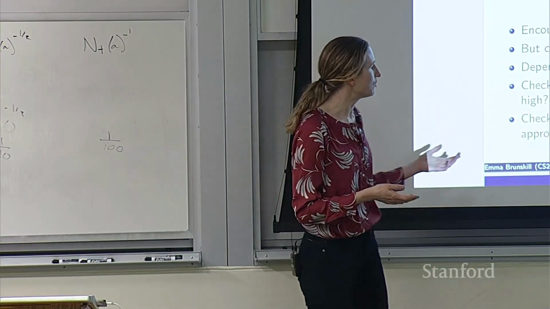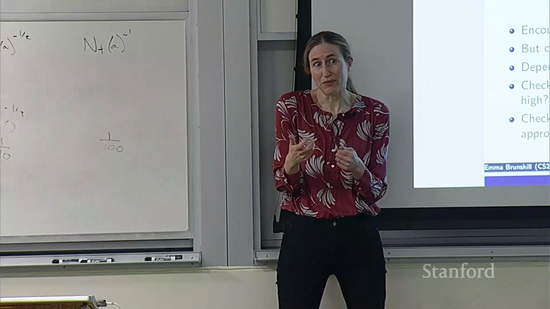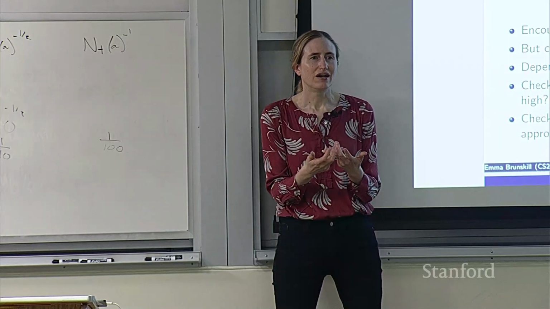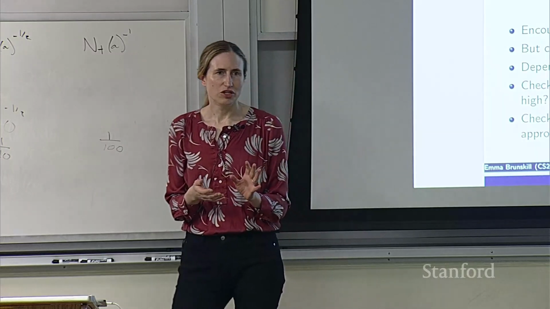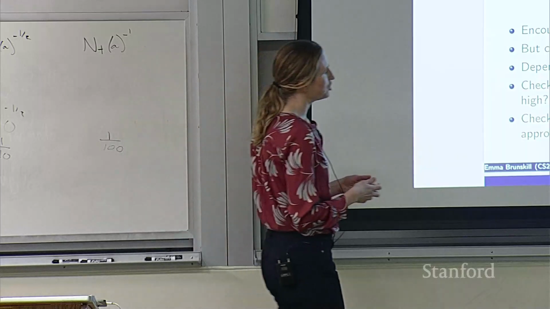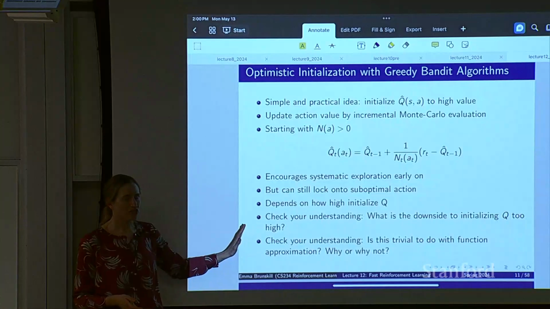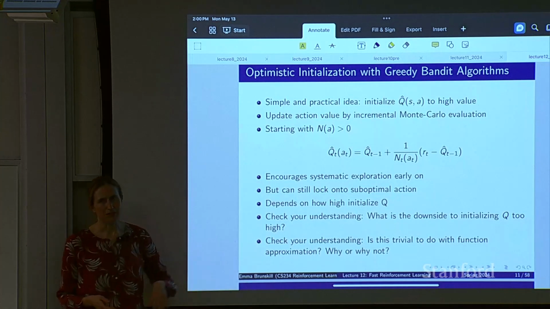Yeah, in general, if it was a table, it's at least easy to write down, like 90 for all of those things, and that's what you initialize. In a deep neural network, it's really unclear how you initialize those parameters so that for all the states that you would reach, you would have even a good shot of it being optimistic. So I think that's another challenge here, and that's a challenge for a lot of the optimism algorithms we'll see in general: can we do it with function approximation?